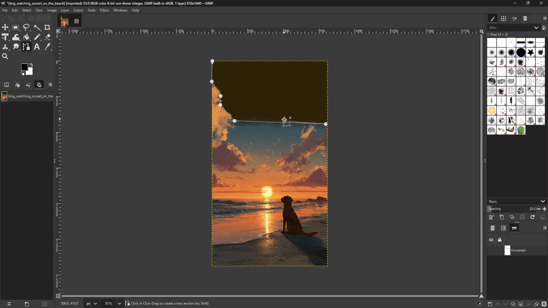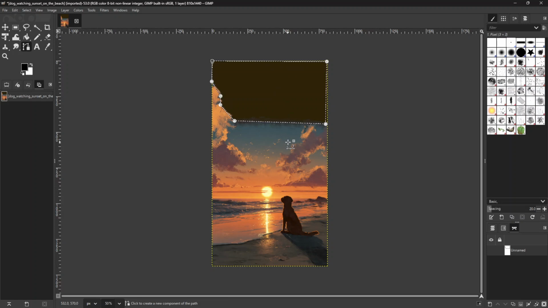Once you've traced around the object and are ready to close the path, simply click on the very first point you created. This action will form a complete path around the object, effectively enclosing it. Next, you'll want to press the Enter key on your keyboard. Doing so will finalize the path you've just created, cementing it as the outline of your object.